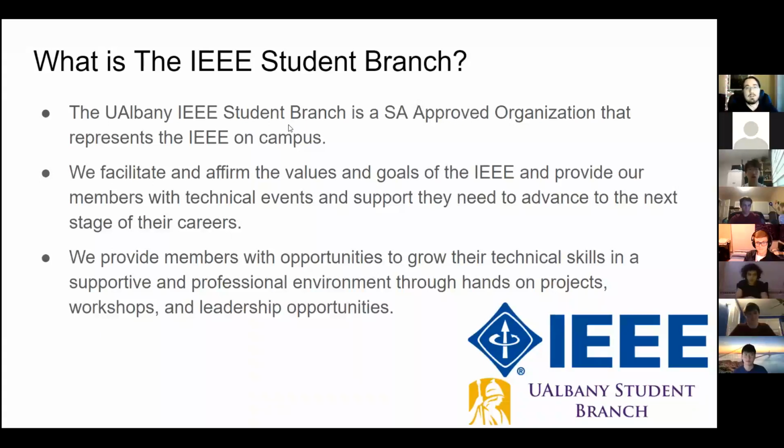Okay, so now we'll talk about what the IEEE student branch is. We were just talking about the global organization, and we had Dean Moulic and Dean Boyd to discuss their relationship with the global organization. So now we're going to discuss more about what we do here on campus at the student branch and the local level. The student branch is the SA-approved organization that represents the IEEE on campus. We basically reaffirm the motto and everything. We are trying to advance technology for the benefit of humanity, but with what we can do here as students on campus, with all of our resources at our disposal.